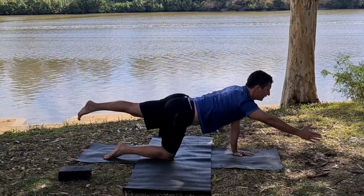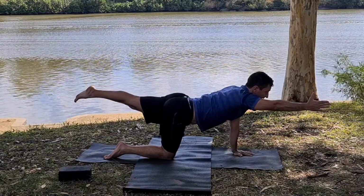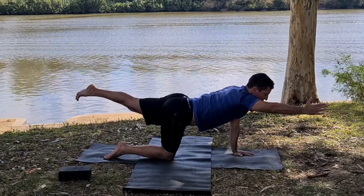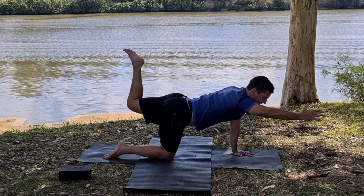And then the right arm lifts, and feeling that imaginary pull, lengthening your whole body, lengthening your spine. Inhale here. This time we try to do the transition without placing the right hand on the floor first. If you like, bend the left knee, bring the left foot up,